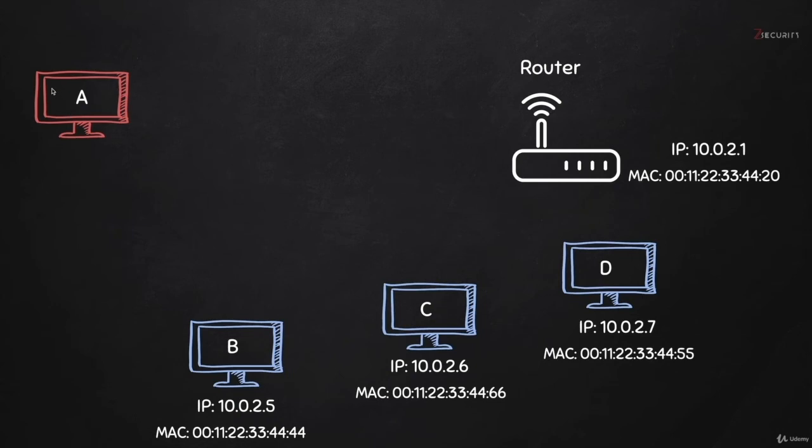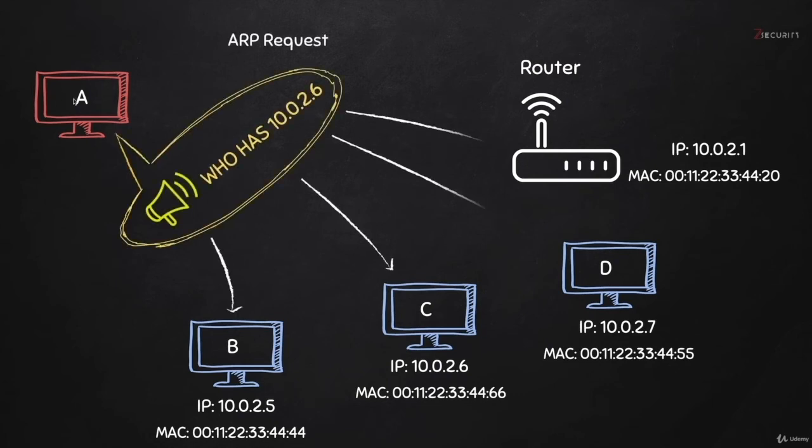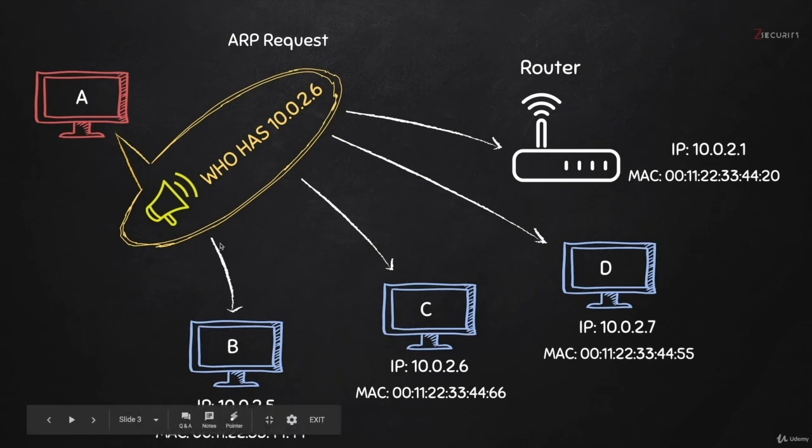What do I mean by that? Basically, it sends a broadcast message. So it sends an ARP request to all the clients on the network saying, who has 10.0.2.6? Now, all of these devices will ignore this packet except the one that has this IP address, which is 10.0.2.6,